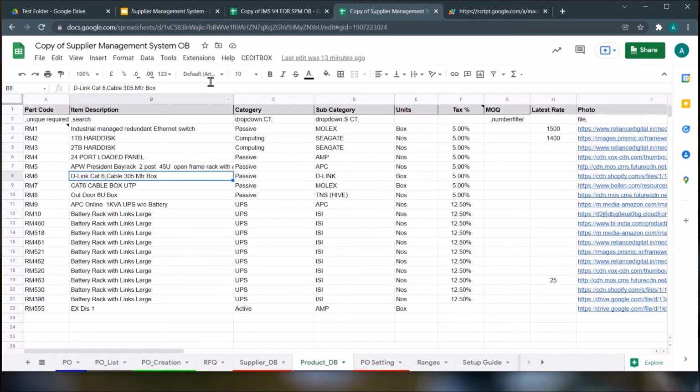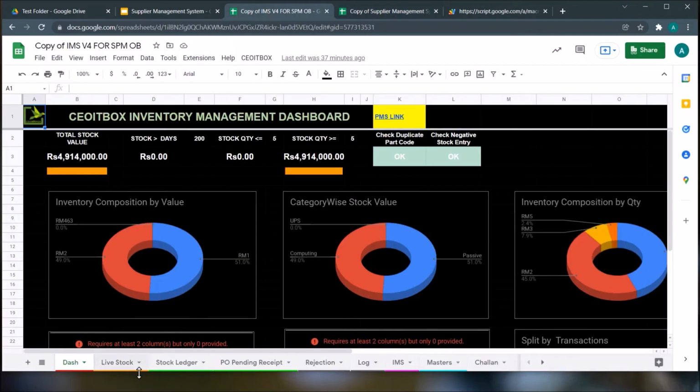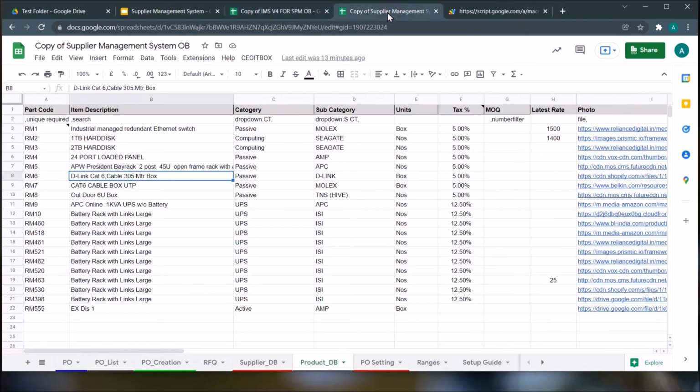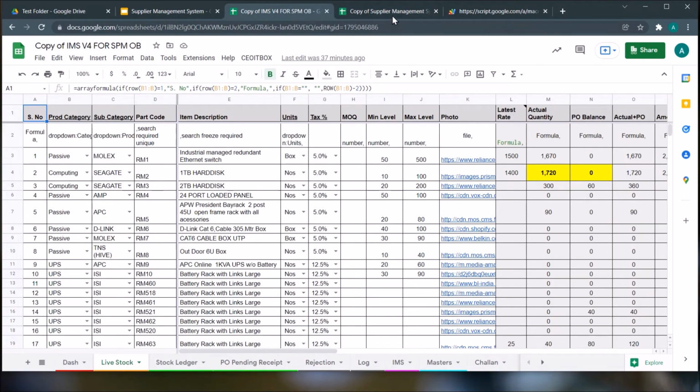If you are going to be using the inventory management sheets livestock references, then you can simply use this formula which you will find in the cell A3 of the product database to link to your inventory management system.